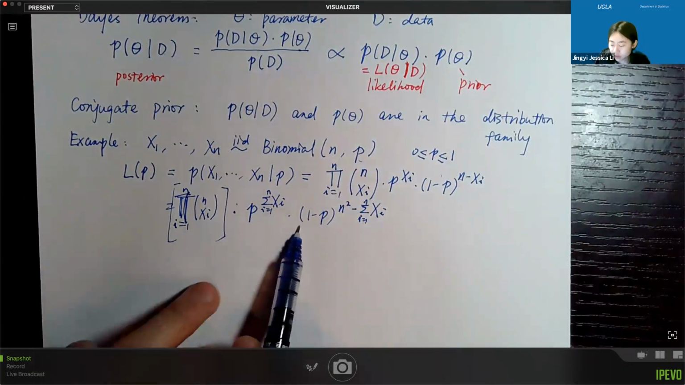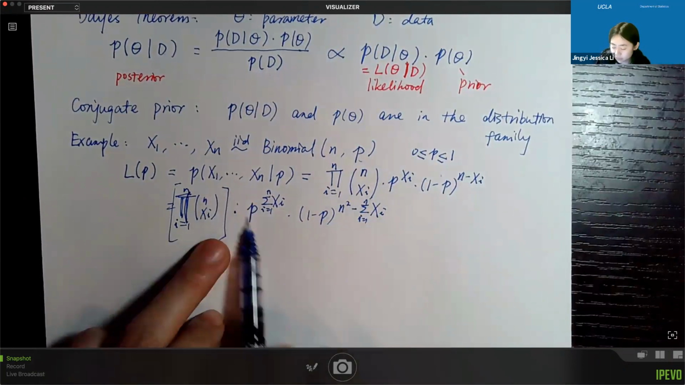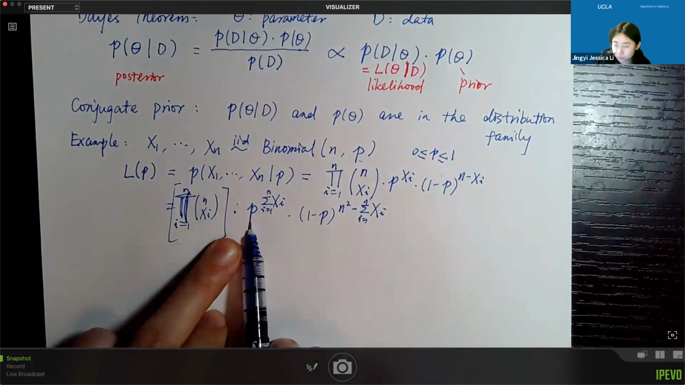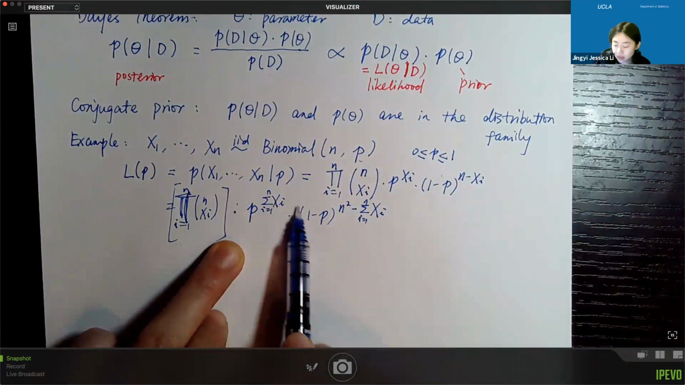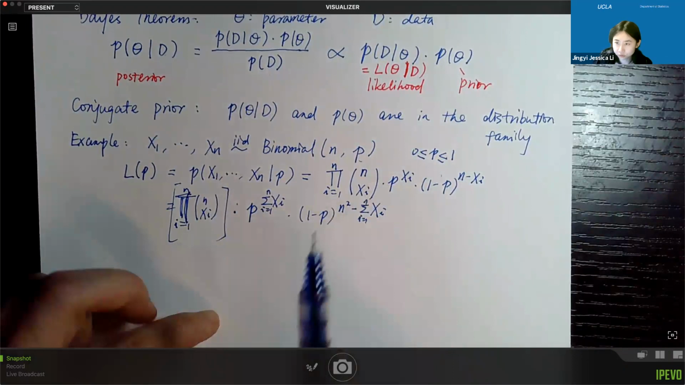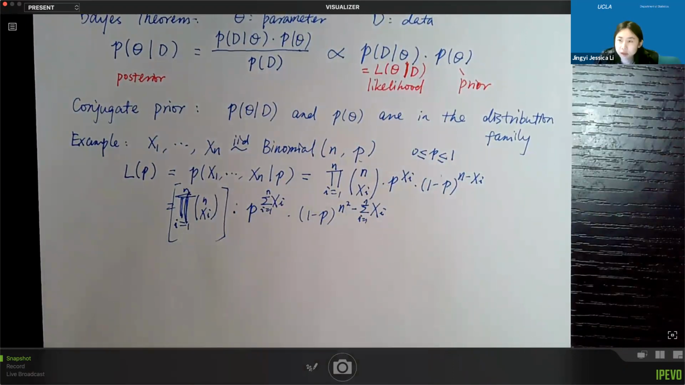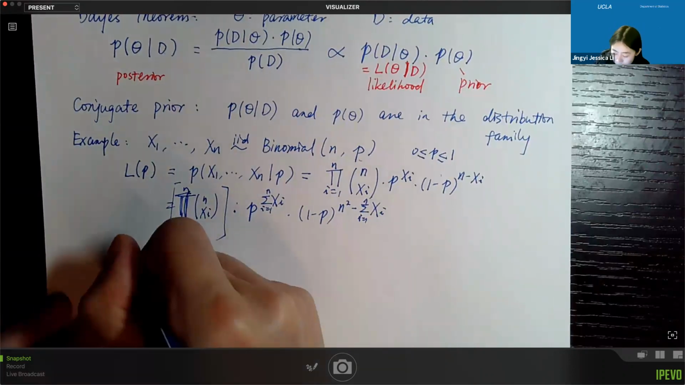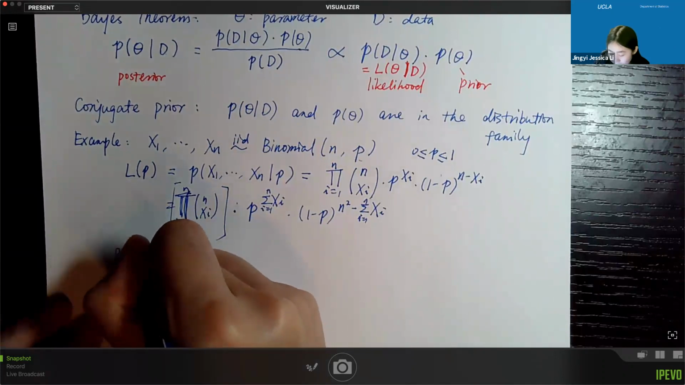To have the product still similar to this one, we need to have the prior in the form of p to the power of something times 1 minus p to the power of something. For this case, if we are familiar with the density functions of common distributions, you would immediately recognize that this should be the beta distribution. So if we assume the prior to be beta,